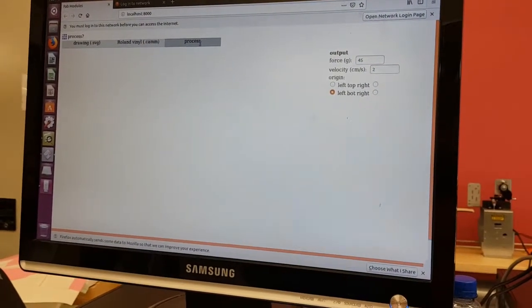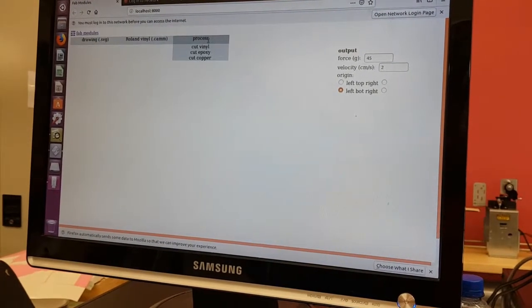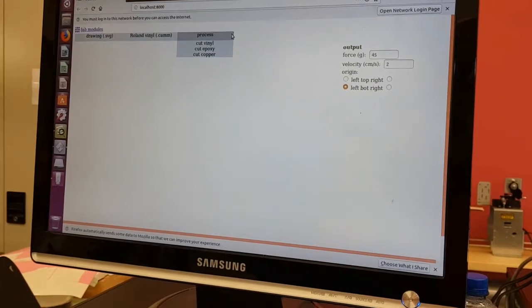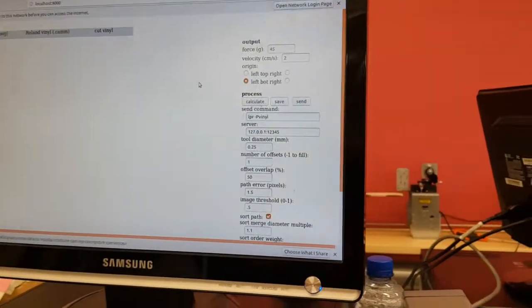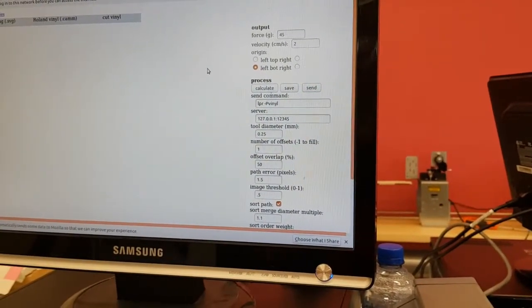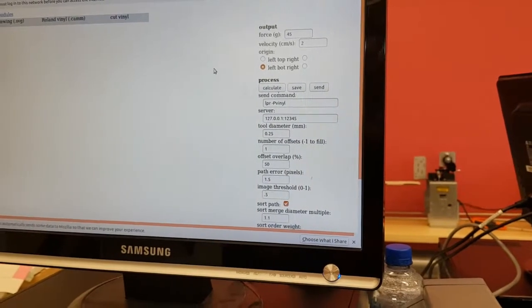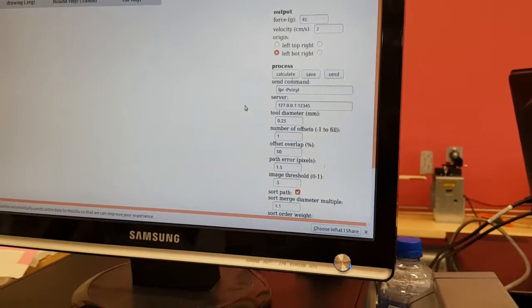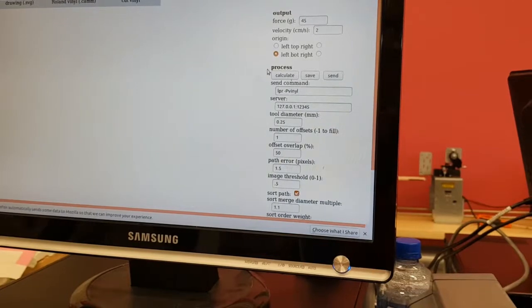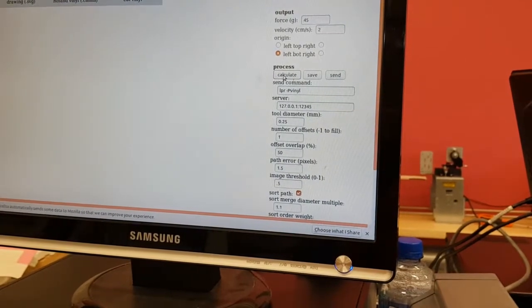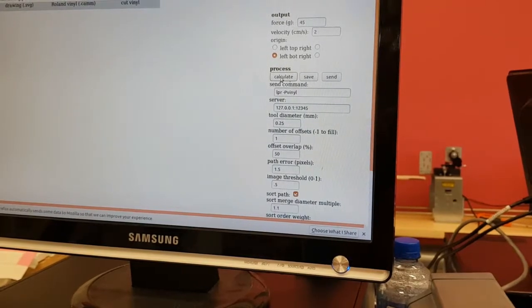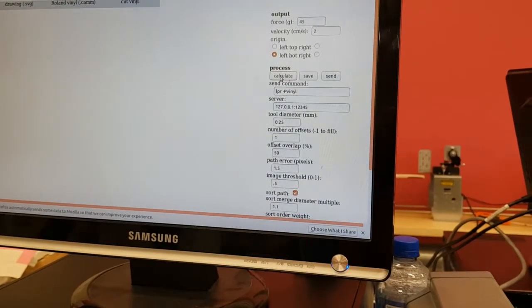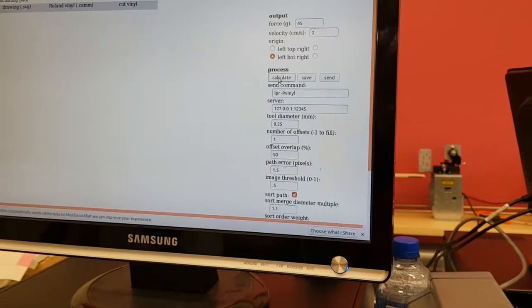And I think this isn't going to work, but I'll show you how to fix it in a sec. If you go to process, we're going to lie and tell it that we're cutting vinyl, which is fine. Don't worry about that too much. Cool. And I'm pretty sure when we hit calculate, nothing's going to happen, but just humour me and hit calculate on the right-hand side there. Where? Just next to your mouse. Right, yeah, right there. Well, bam. Wait. Yeah, I think it's freaking out. Fun and interesting